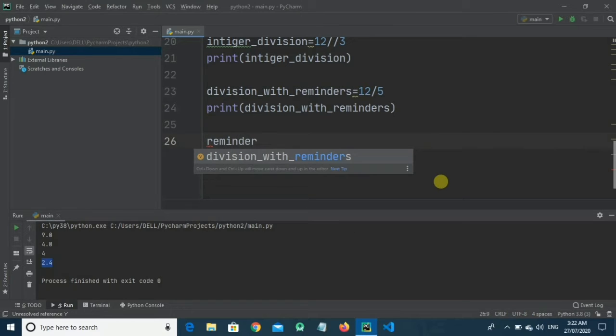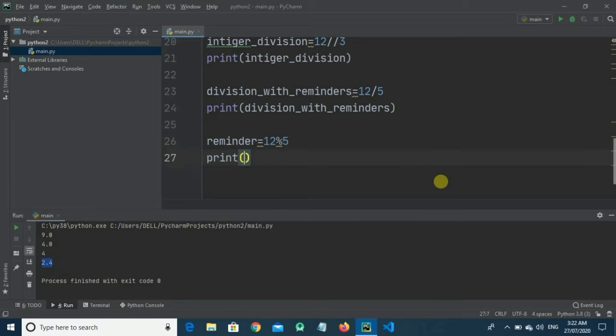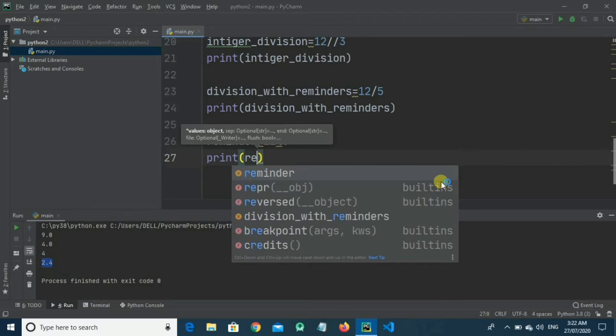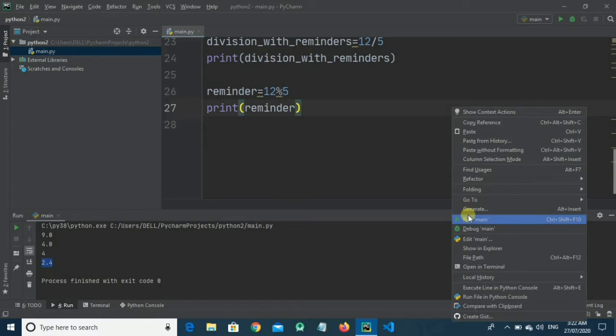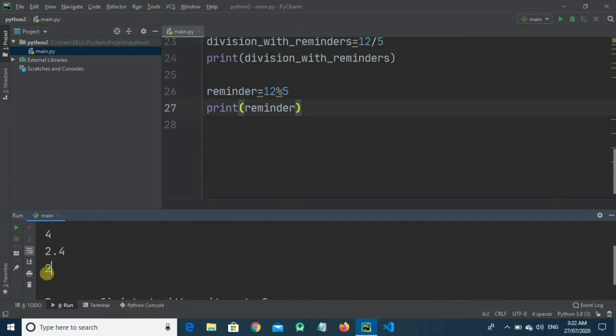So remainder is equal to 12 modulus 5, and now we will print remainder. Let's run our program and see the result. Okay, so the output is 2. When we divide 12 by 5, the remainder is 2, which is absolutely correct.